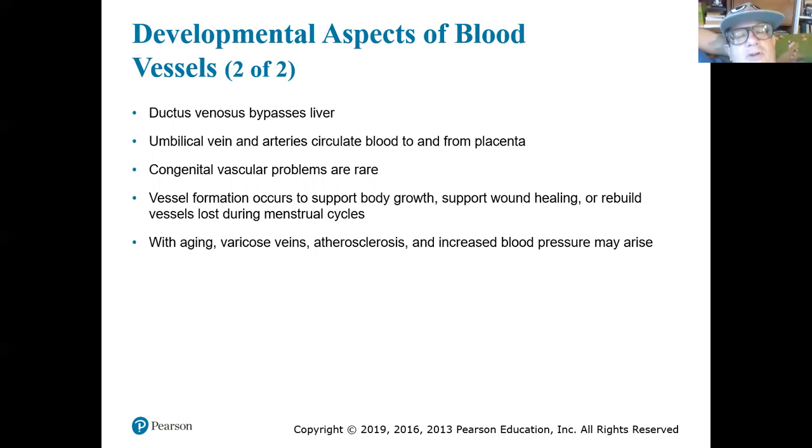Umbilical vein, umbilical arteries, they send blood to and from the placenta. And we have congenital vascular problems occasionally, but this vessel formation is for body growth, wound healing, rebuild. Yeah, we've got that. This is the reasons to make blood vessels, in addition to what we were talking about before with the umbilical